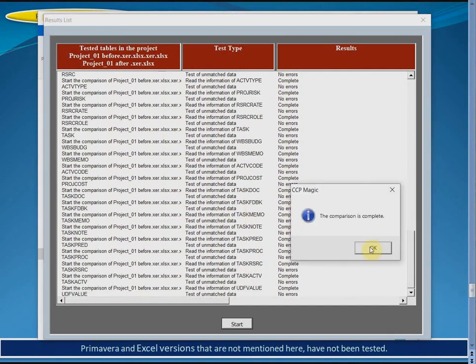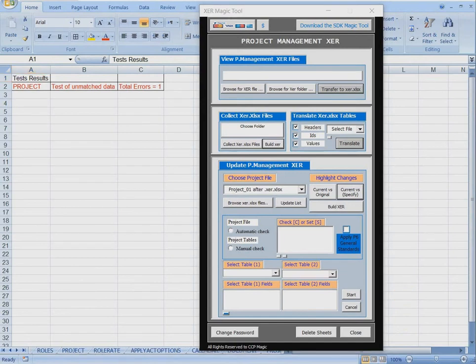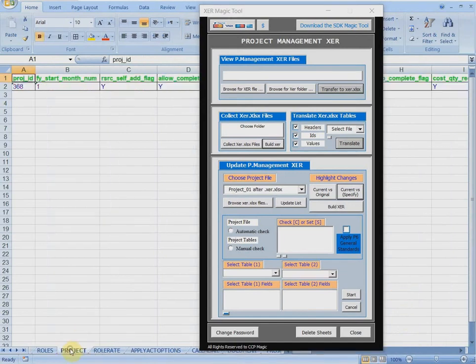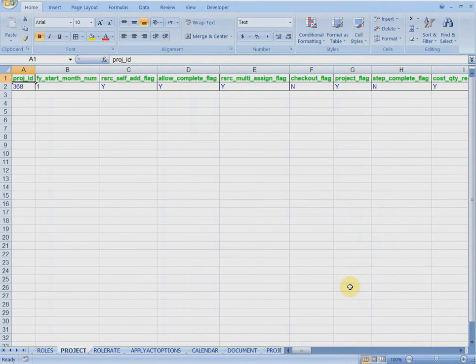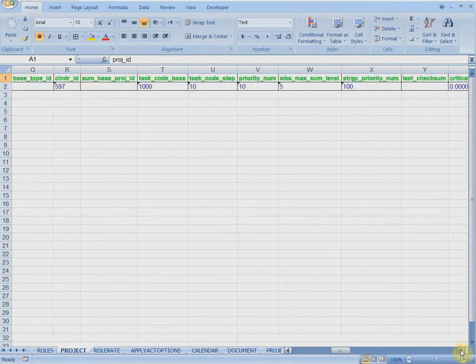Errors. As you see, we have only one error in the project table. Let us check this error. Project. Where is the error? This is the error,